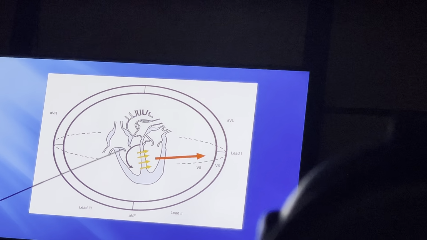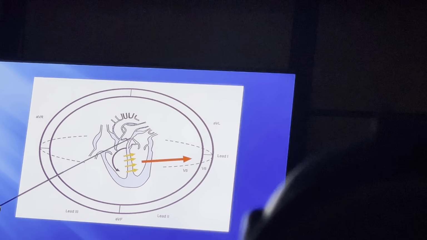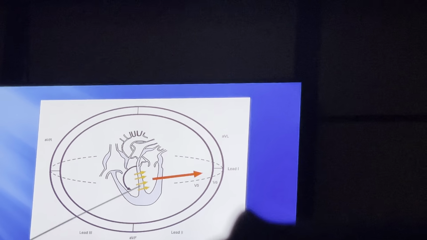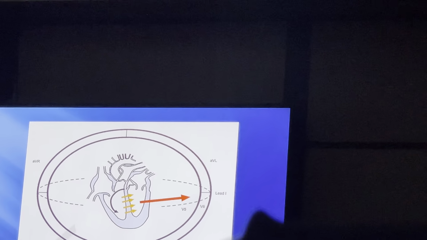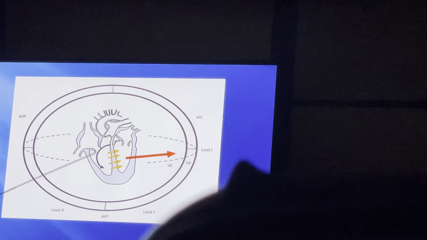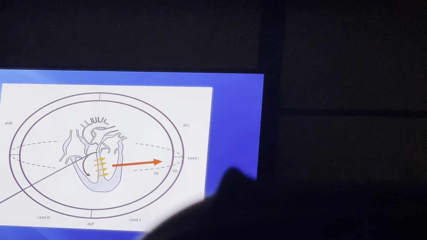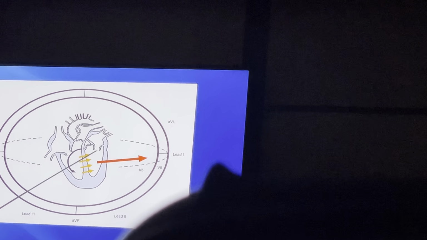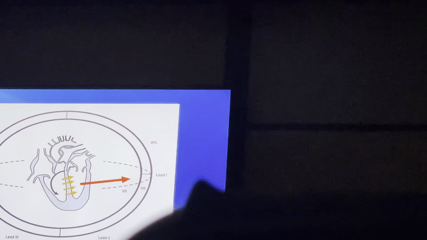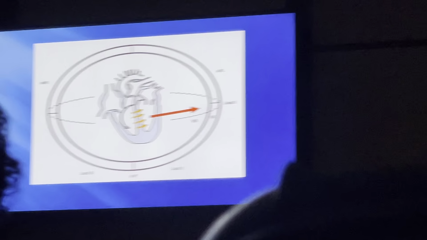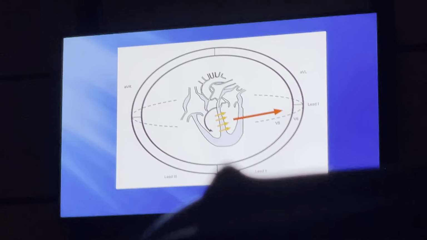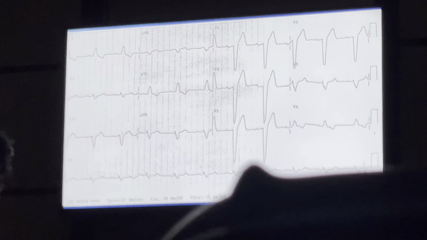This happens because normally depolarization occurs from the septum to this side and then it excites the whole of the left side. So what happened in the left bundle branch block? Excitation first occurs in the right ventricle and then it goes towards the left ventricle. So it means most of the terminal or late part of the excitation is in the left heart leads. So next,